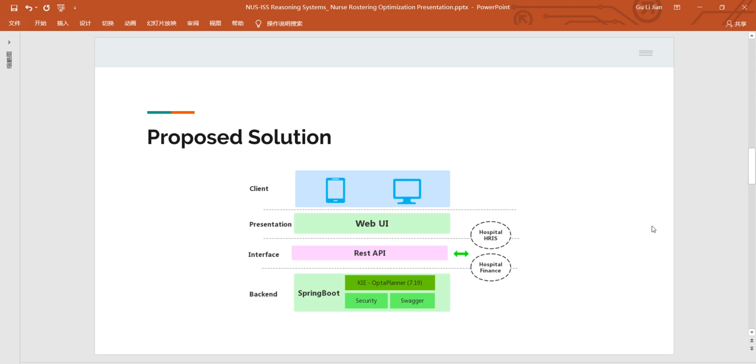So here comes our solution architecture. Users can use their equipment like PC, tablet, or mobile to access our application Web UI. The Web UI accesses the web service through a REST API to calculate the nurse rostering schedule. Meanwhile, the REST API is exposed by using Swagger, which can be utilized by internal or external parties like HR or